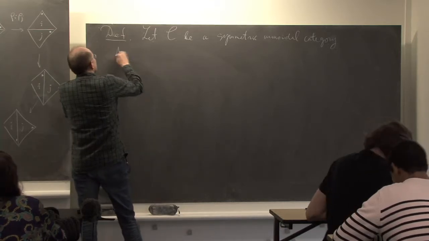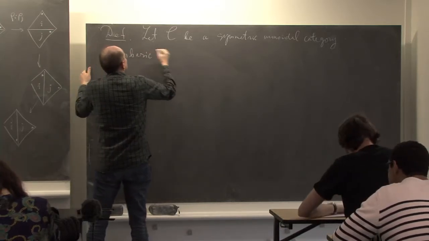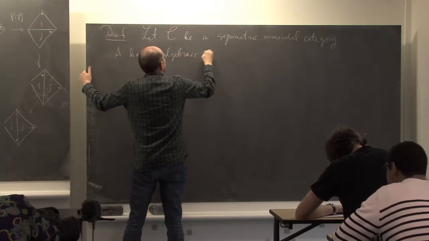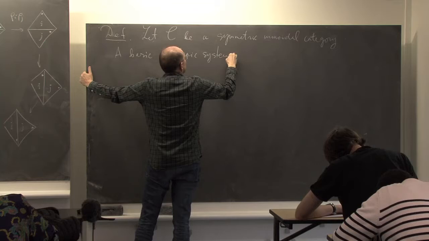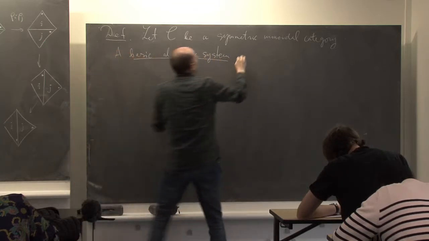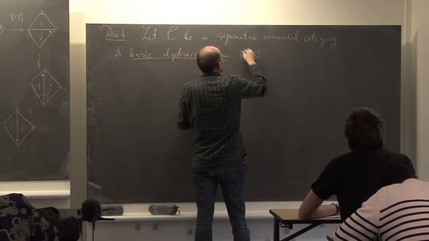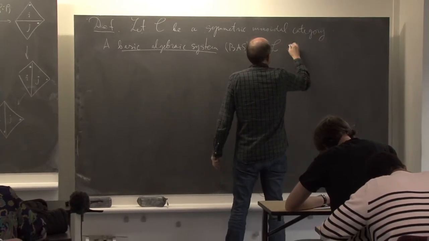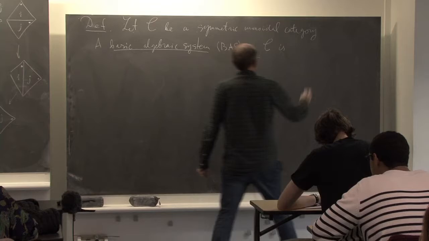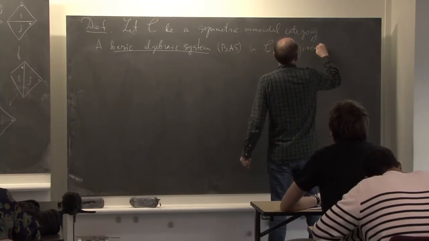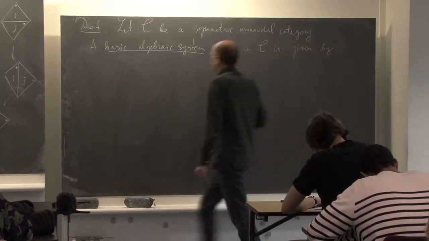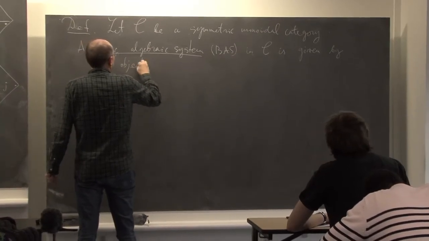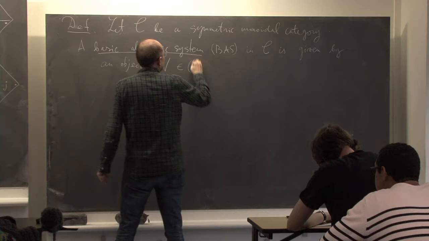So a basic algebraic system, BAS, in C is given by an object V in C